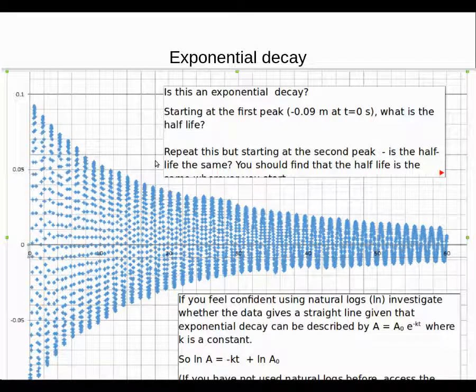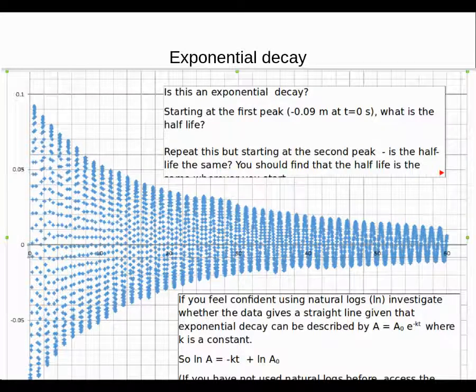It becomes more common in A2 when we look at things like capacitor decay and radioactivity. Although we don't need to do the maths of exponential decay for damped systems, it is quite an interesting one to look at, because it's quite easy to see from the data that there is this exponential